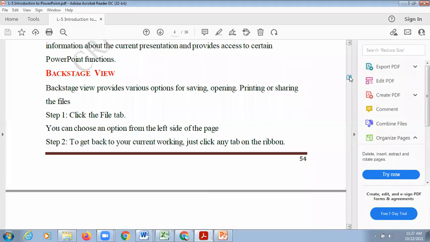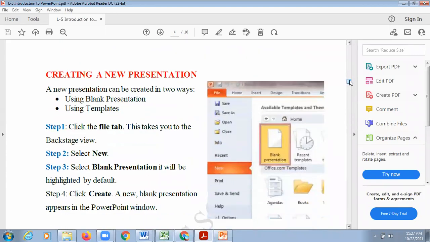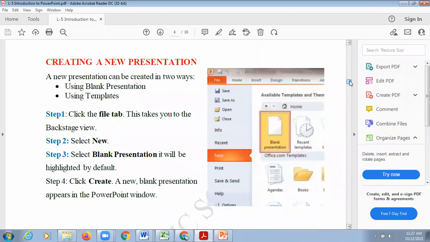So in this chapter, we have already discussed the different parts of PowerPoint, and today we have to actually start the practical. How can you create a presentation, and what are the different ways in which you can create a presentation? So these are the two different ways in which you can create a presentation. Right now I am using Office 2010, so I can use only this one, blank presentation, because the rest of the options are available in Office 2016.